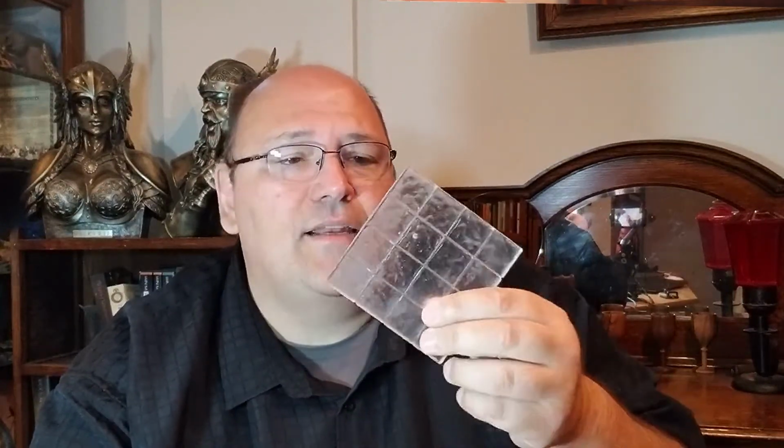This piece of acrylic resin measures 4 inches by 4 inches and is marked with 16 1-inch squares. So 1 inch is approximately 25.4 millimeters. So when I slap down an old Ral Partha 25 millimeter miniature on this space, you may